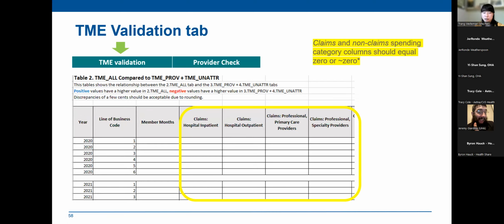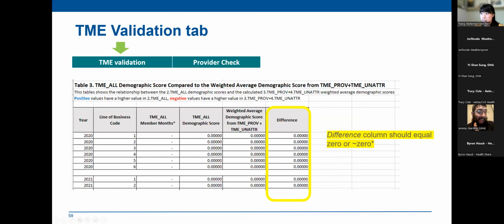The claims category payments and the non-claims category payments should all align with TME all. So essentially in these boxes, we're looking at a value of 0, that's good, or something close to 0. We know, based on rounding and stuff, we might see a little bit of a discrepancy, but generally it should be 0. If we go to the next slide, table 3 looks at